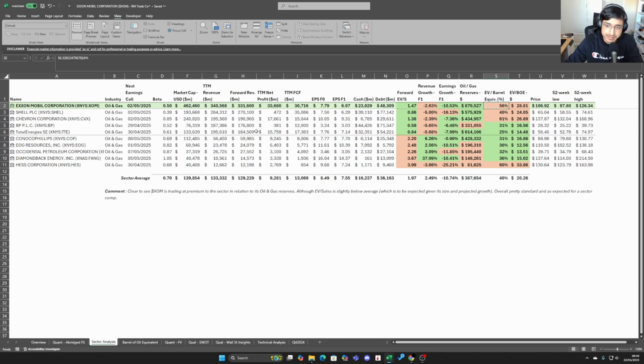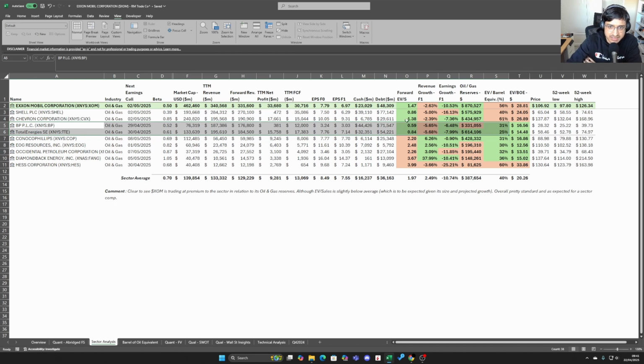Exxon have a quite high premium valuation versus the sector. I guess one comment I can make on this also is for the oil majors, we typically tend to see on average around 40 to 50%, and then for the independents, they usually have around 30%. And so as you can see here, Chevron, Shell, and Exxon all have decent premium valuations, especially the two US oil and gas majors in Chevron and Exxon, whereas the European oil and gas majors have much lower premium valuations. And I think this is kind of justified, right?